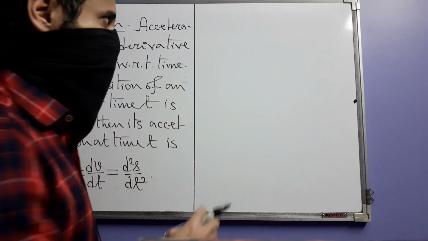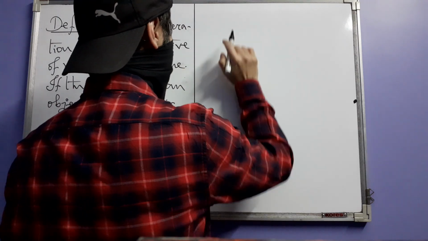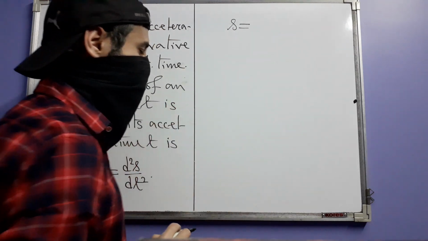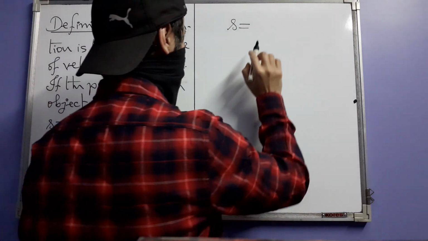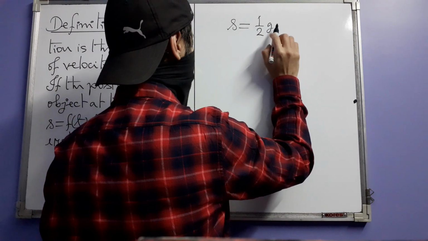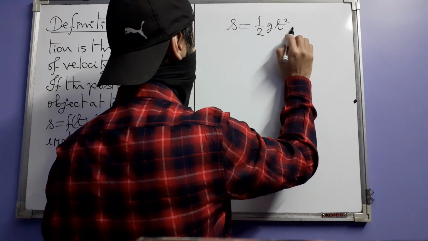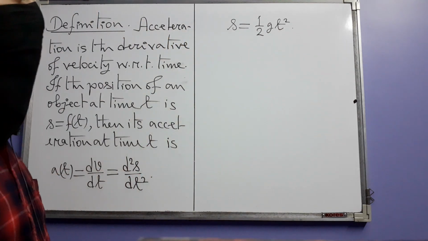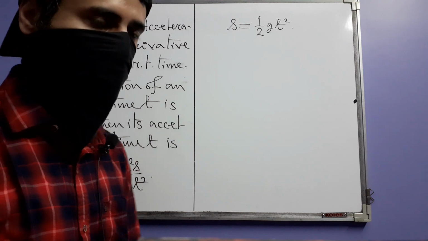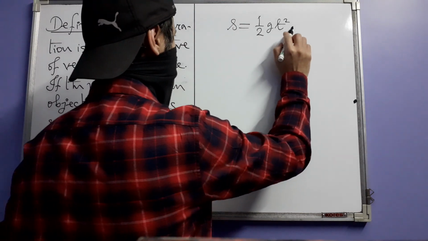If you express this mathematically, you get this equation. S is the distance the object falls in time t, that is proportional to t squared, and if you write that as an equation, it looks like this: S equals 1 over 2 times g t squared,